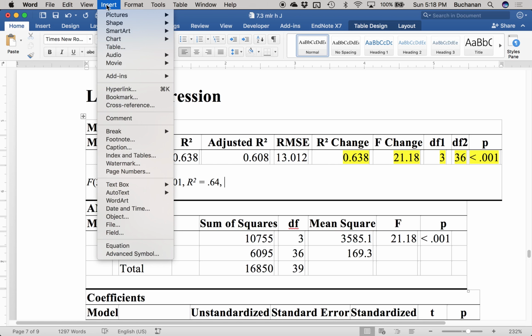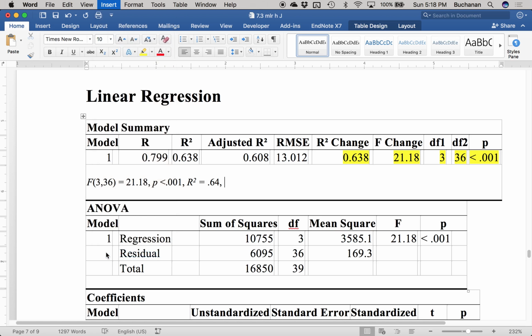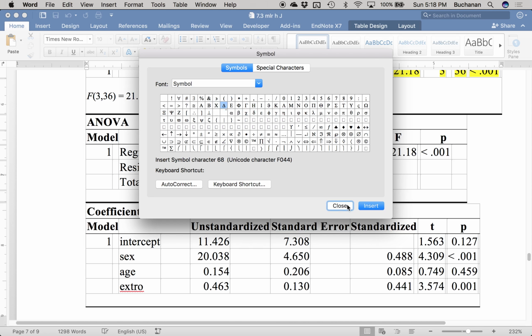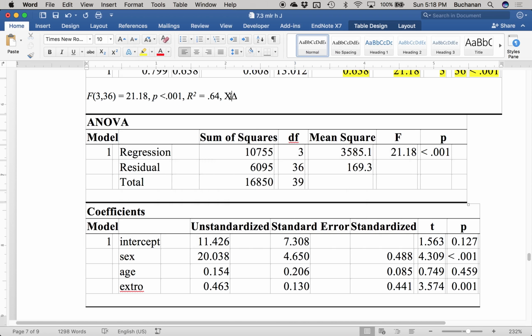So I'm going to just click Insert, Advanced Symbol, and I always go to Font and then Symbol. Everyone should have this font. And there's a delta in here somewhere. It's very tiny. It's here. So it looks like AB and then delta. Oops. Close. I don't know what I just got. Oh, I got chi. Let's back up. There we go. That means the change in R squared